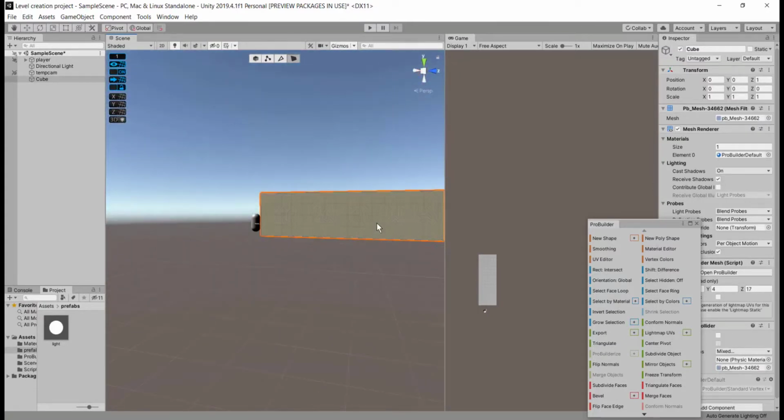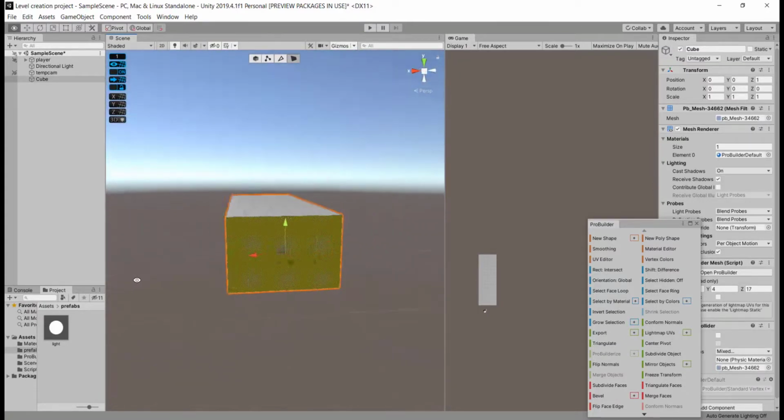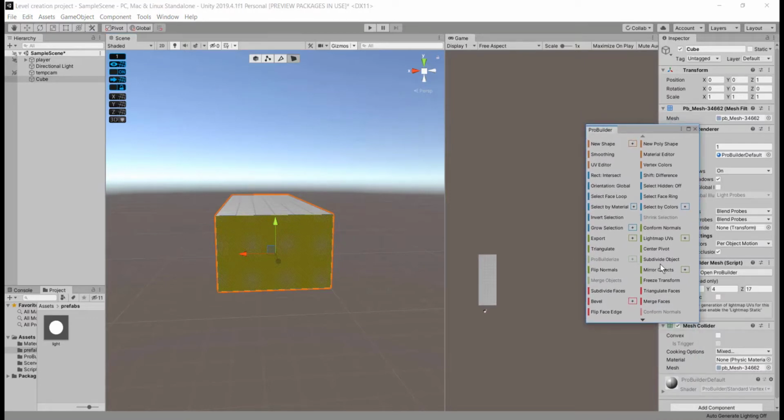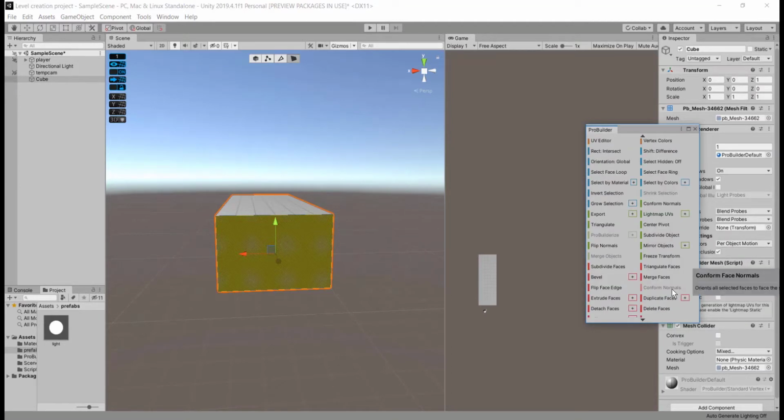So I am stretching my shape further to make this look like a long corridor. Okay, now I am planning to end this corridor into some sort of a room.